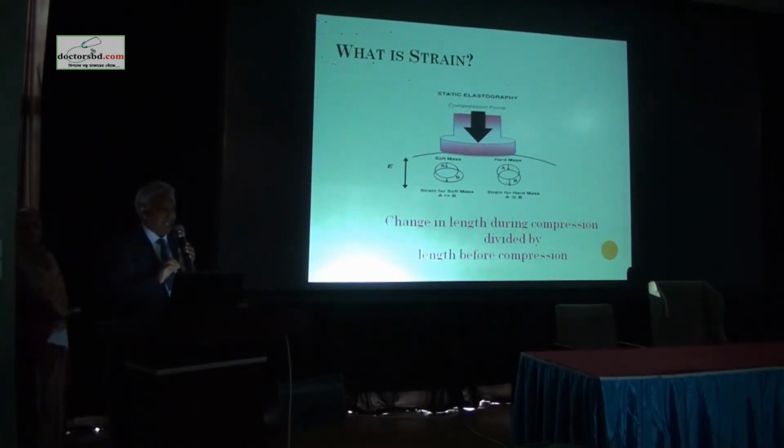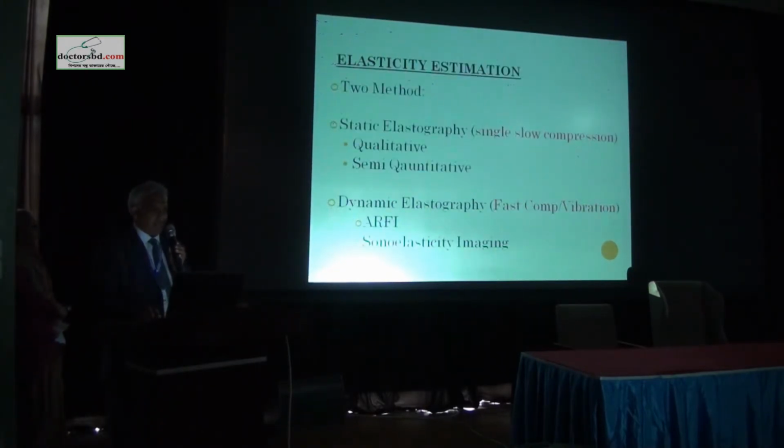When you apply pressure, the softer tissue will show deformation in axial as well as lateral directions. Lateral deformation is much more than the axial deformation, while in harder tissues you will not see any lateral deformation, only axial deformation. Meaning thereby, the pressure and the change are almost equivalent. That means there is no strain; the tissue has lost strain. That is what happens in response to elastography in harder tissues.